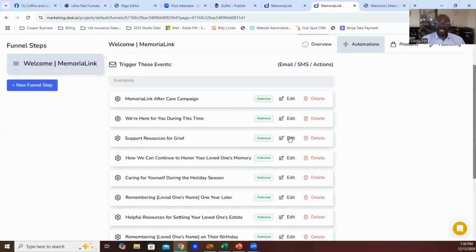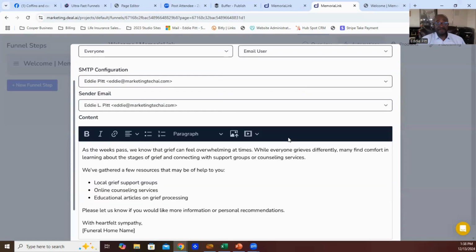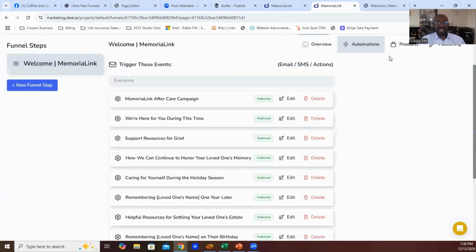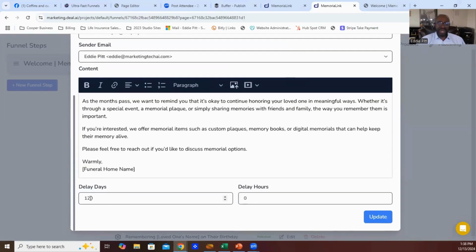When we look at the next email, it shows it's coming out a few days later, maybe 7 days. But now we start to talk about grief support, online counseling, and things of that nature. This is from the funeral home because you care. This is your communication. That's why, if something happens or if they have this conversation, it's very likely that the family will bring your name up. And this is significant. This is why you make the sacrifice, the investment, to have an email campaign. But you want to put the personal touches on all of those emails. So you can edit these emails, and you have the chance down here to show how many days the delay is.